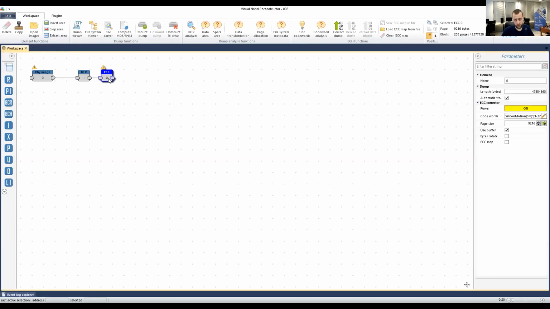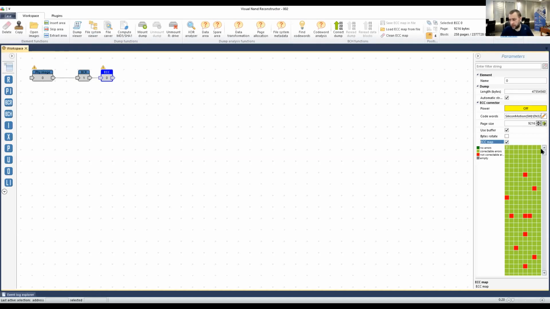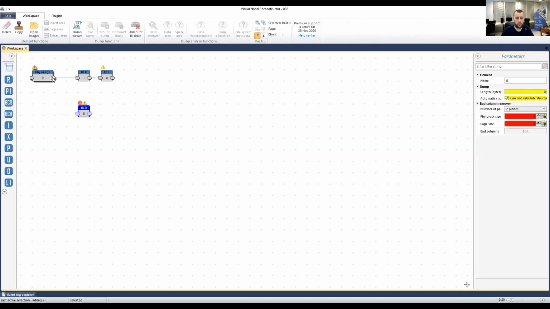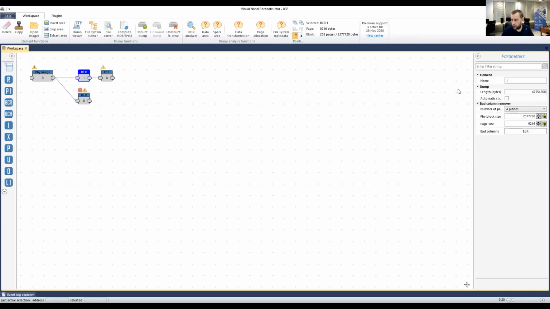Again, just for demonstration purposes, we got here BCR as well as ECC. As you see here, nothing was done to the initial dump. So we got some bit errors here, which in most cases will be successfully corrected with multiple rereads with a retry. So let me connect another BCR element just to show you everything from scratch. I need to adjust this one